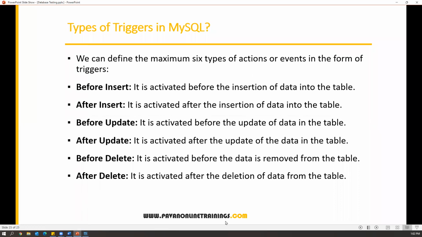So far we have seen different types of triggers in the last videos: before insert, after insert, before update, after update, before delete, and after delete. These are the 6 different types of triggers which we can create in the database. We need to write test cases, and for that we first need to understand the trigger functionality and which tables it will impact. Then we need to make sure those tables are available in the database, and also check that those triggers are already created by the developers. After that we write our test cases and test whether the triggers are working fine or not.